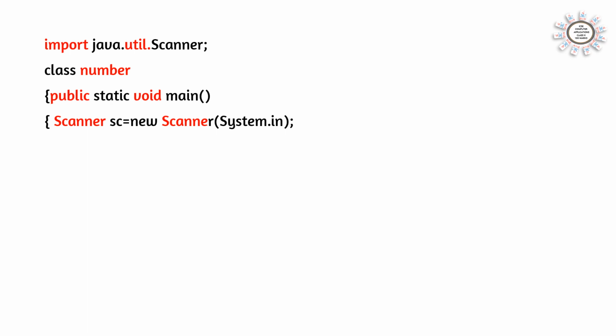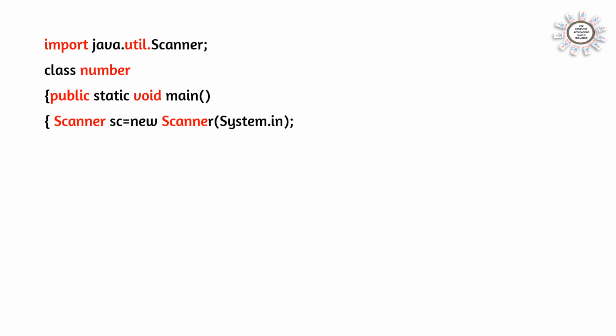And in this program, we have to accept 10 numbers in an array and separate the elements. That means positive numbers will go to one array and negative numbers will go to another array. We don't know how many positive numbers are there. We don't know how many negative numbers are there. Maybe all the numbers we are inputting are positive and maybe all the numbers we are inputting are negative. So we have to declare the arrays, that means positive array and negative array, with 10 elements, so that even if all the elements are positive or negative, they can be stored.